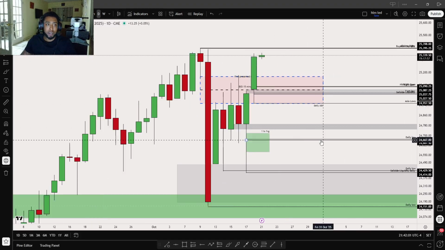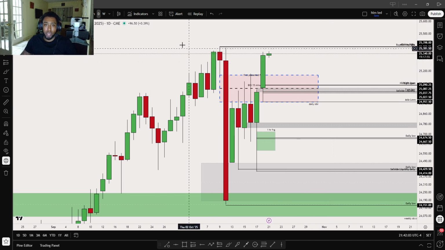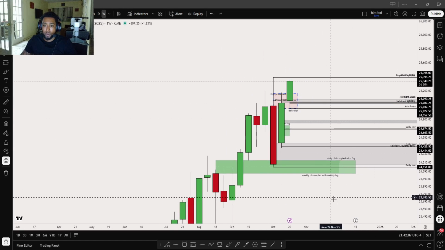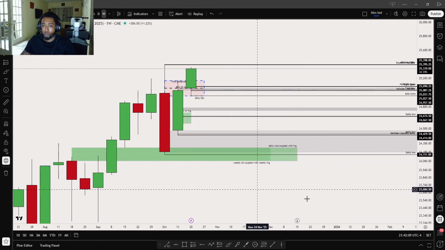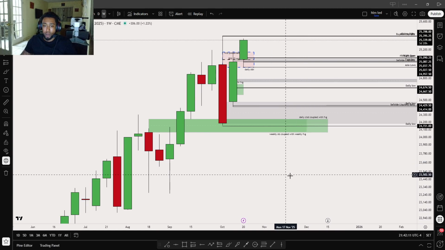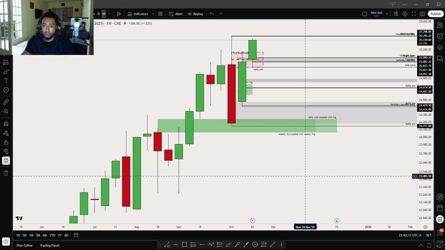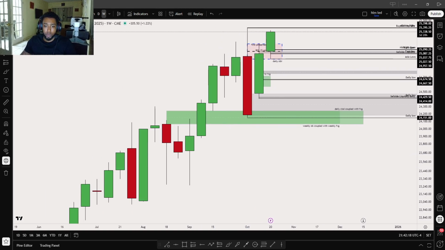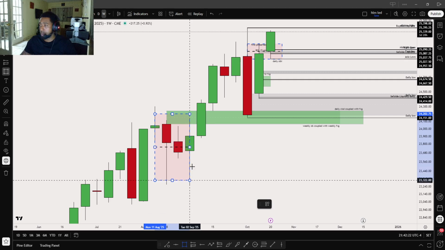So this is the Nasdaq, right? This is a daily chart. Before we go into the lower time frames, let's just focus on this weekly. As you see here, we have these two down close candles, these two bearish candles right